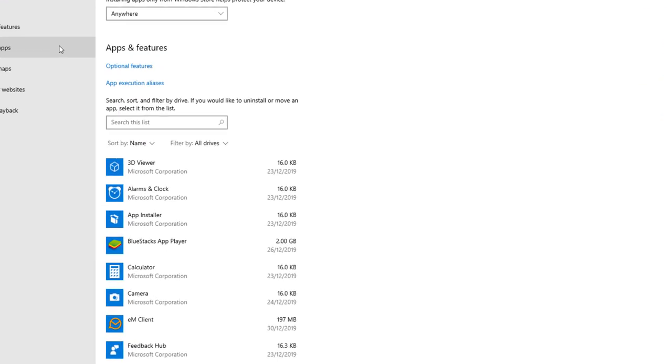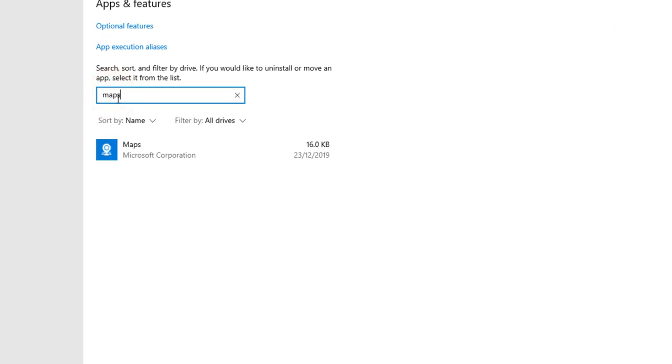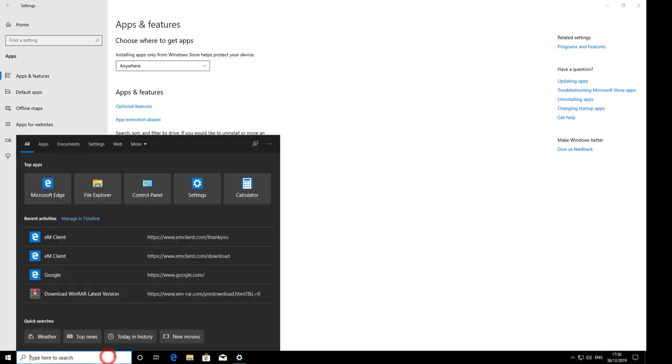and in the search box under apps and features, the app we're going to look at removing today is Maps. So Microsoft Maps. If you left click on that, normally you get the uninstall button that you could click, but unfortunately it's grayed out,